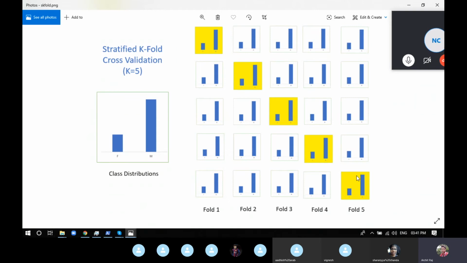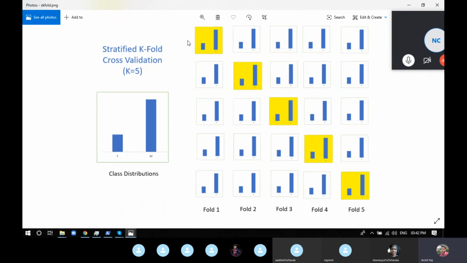What happens in stratified is it does the same thing. It splits the data into only 5 different folds. But it makes sure that the data inside each fold is equally distributed.